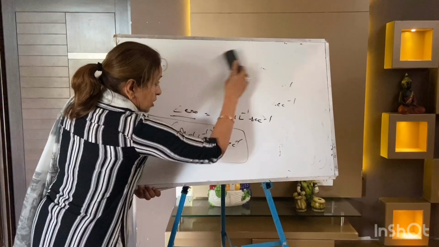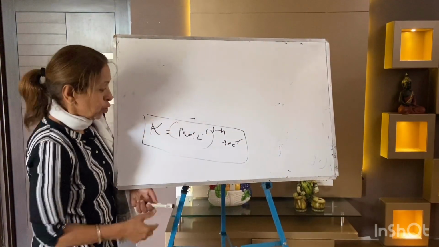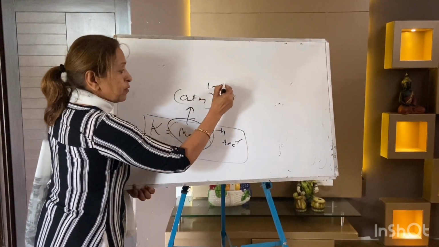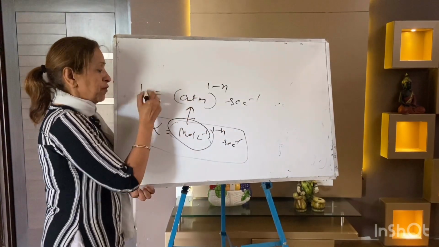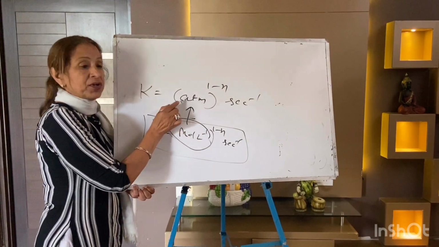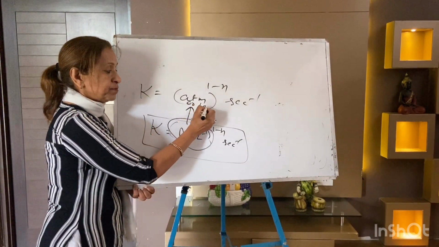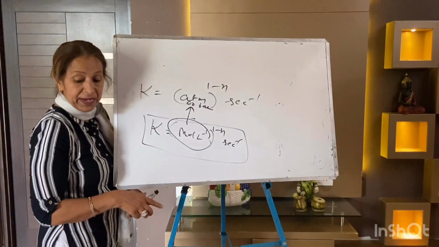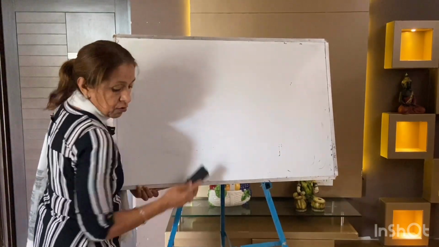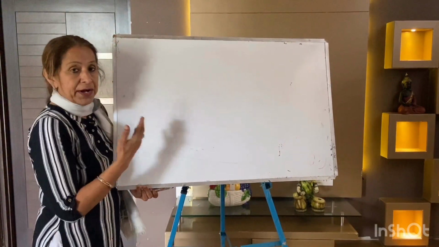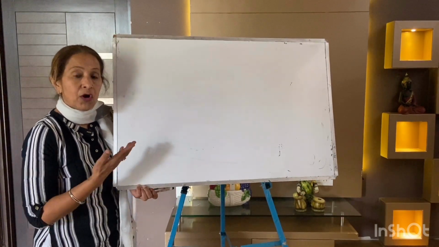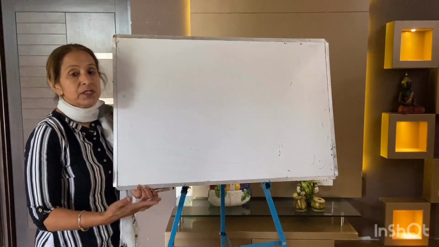Now whenever the question comes regarding gaseous reactants, you may use the term atmosphere or bar here: atmosphere power 1 minus N per second. If your reactants are gas, then you will put here not mole per liter, you will put here atmosphere or bar. So this is a way you can calculate the units of the K. Now, all about this is your units of the rate constant. Now, I think everything is clear: what is rate law, molecularity, order, mechanism, and units of the rate constant.